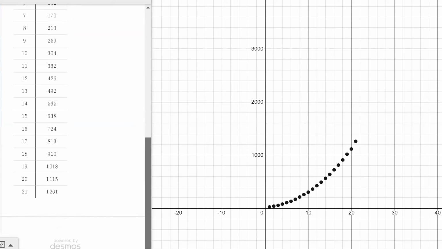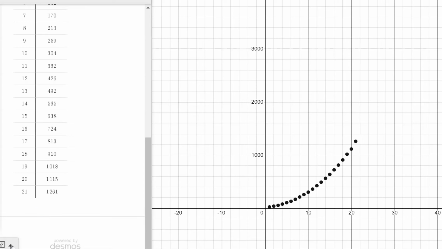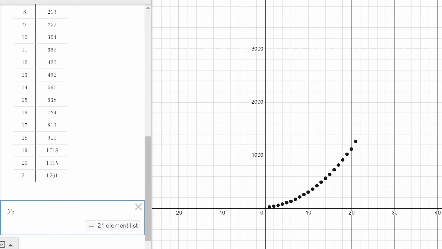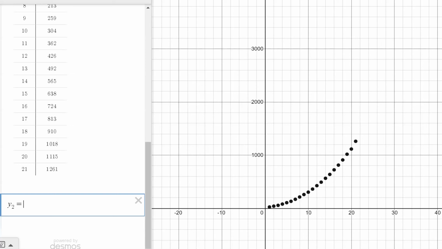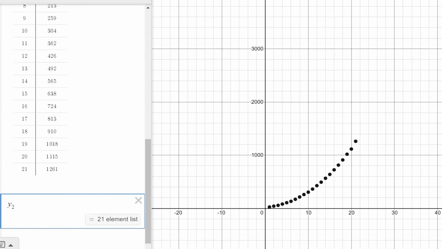Now if we wanted to create an equation based on that, Desmos has a very nice function which is called regression, and I'm going to use the second data table, which is the shorter data table, to see what kind of equation I would get if I try to make a line. So the linear format is going to be, I'm going to use y2 because those are the y values in the second table, is equal to ax plus, and I should use x2 as the input, and again for regression I'm going to use this squiggly. So y2 is with regression